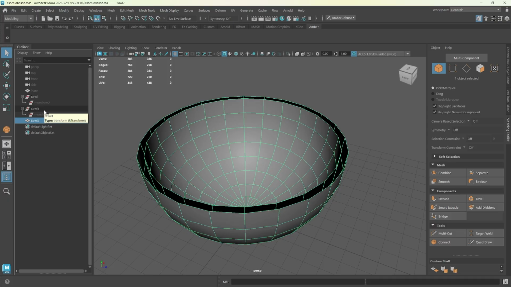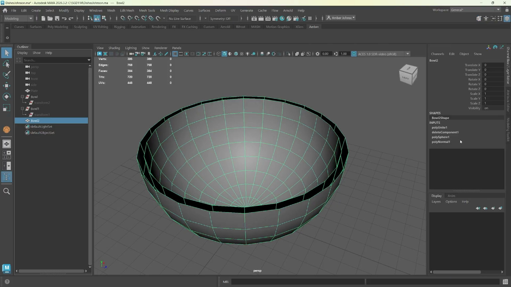If we don't clean this up, it could cause problems later. But we can't just delete them because if we delete them, it can delete our object. It can make things go pretty haywire. So let's go ahead and clean this up. And this is actually something that I would recommend as you 3D model, not just combining things, but every once in a while you're going to want to do this because it kind of cleans up all the weird history that you end up getting